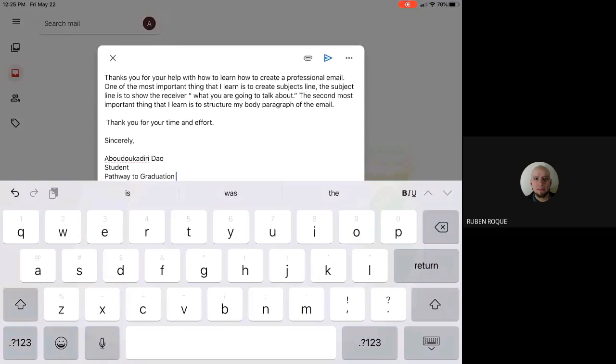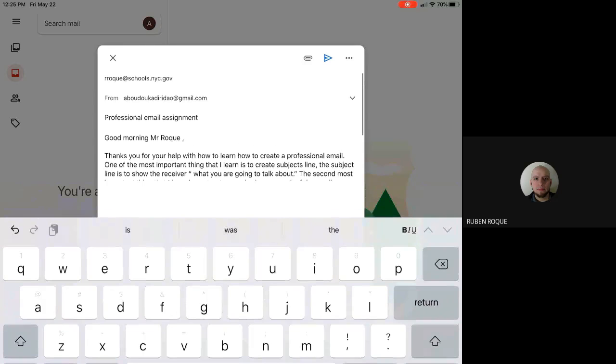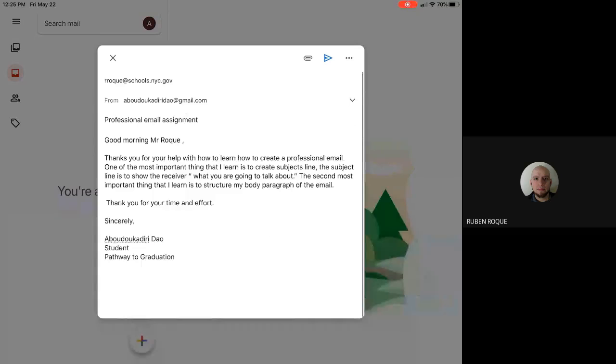All right. So it's always good to reread and review your emails before you click the send button. When you go back to the top, make sure the email of the person you're sending it to is correct. Make sure your own email is the one you want to use. Make sure you have your subject line, your greeting, your body, your closing, and your signature. All those little check marks that you see right there, that's what a well-written email should look like each time you write a professional email.